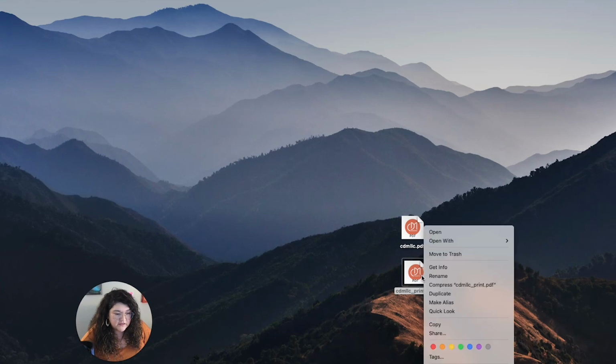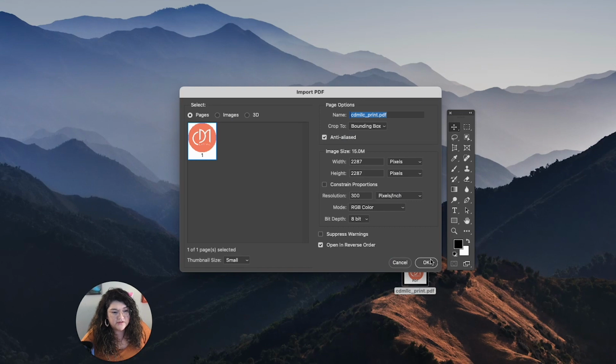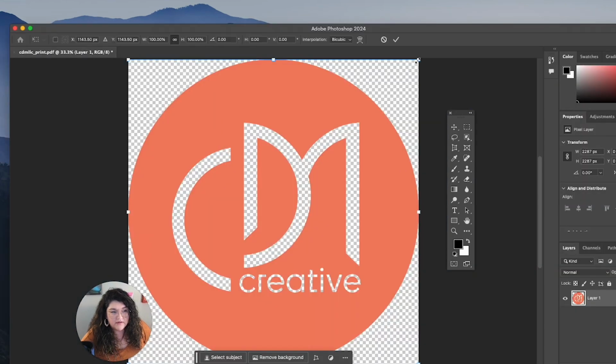You could also bring this into Photoshop: right click, open with Photoshop, and it's going to have the transparent background there for you to